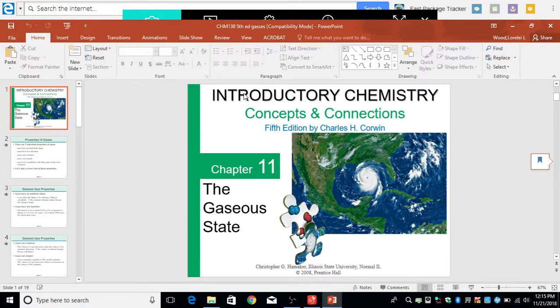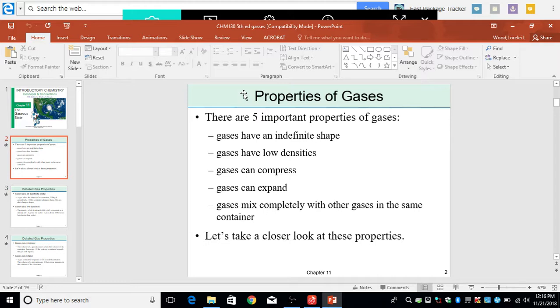We're talking about gases because gases are something that we've all had some common experience working with in our lives. We have gas in our tires. We live in a sea of gaseous elements. And so gases are something that's relatively common experience to us. So gases are kind of fun to talk about. All right, properties of gases.